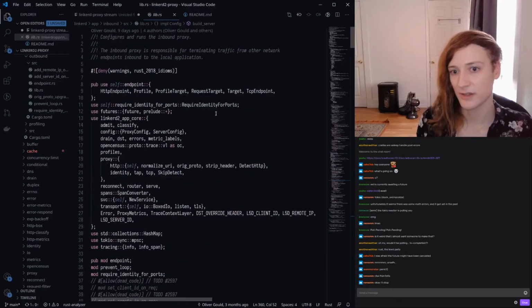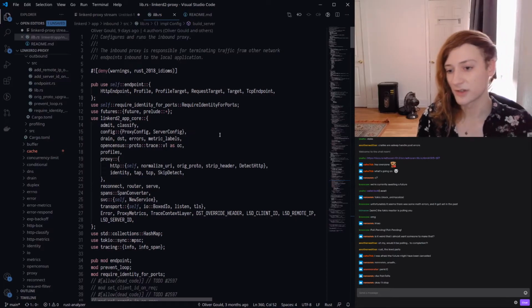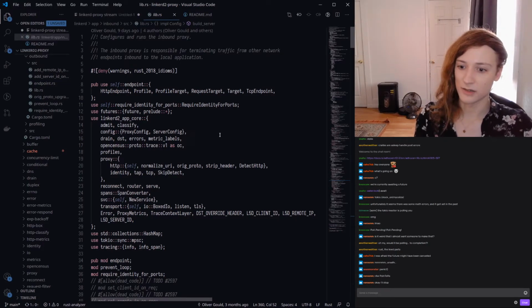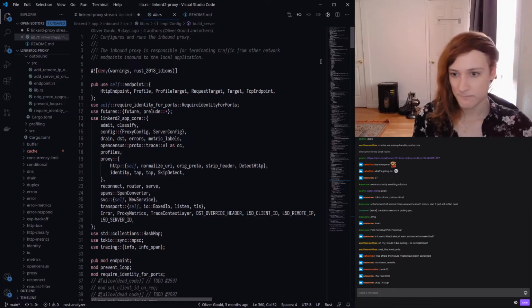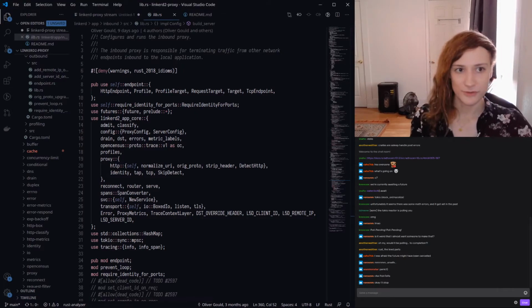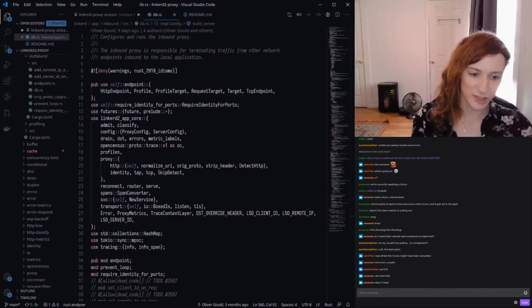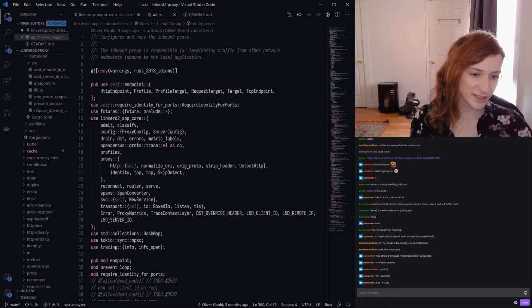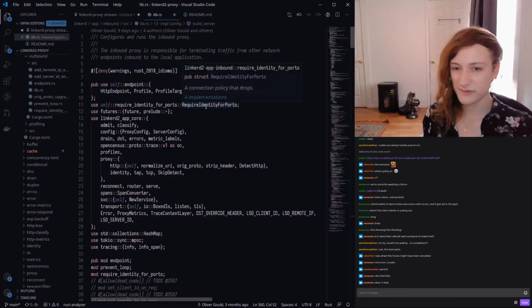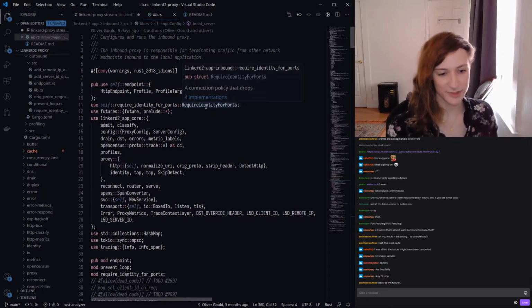And the first thing that Linkerd relies on is the Future trait. How many of you in the chat, or watching the stream, have used futures? Or in JavaScript, they call them promises. In Scala, they call them futures. I think Java has futures now. A bunch of languages have some concept of a future type.